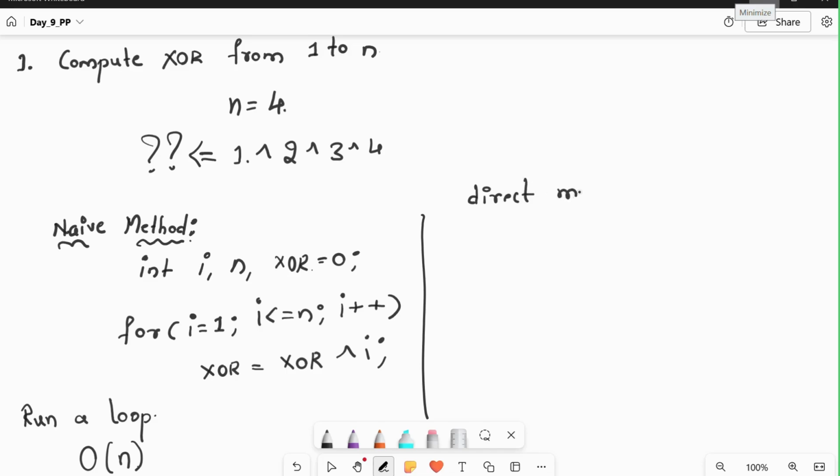Now if you go with a direct method, you need to understand certain things here. For example, binary of 1 is what? Binary of 1 is 0001. Binary of 2 is 0010. Binary of 3 is 0011. Binary of 4,